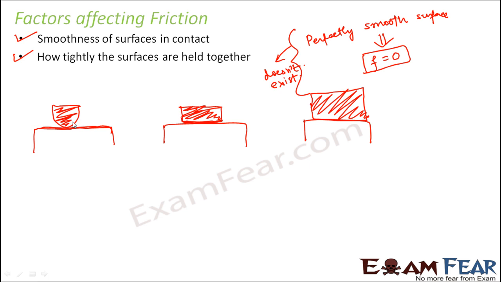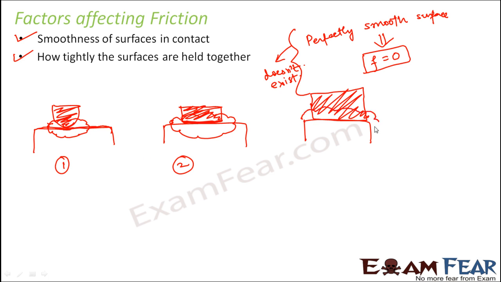Now in all these three cases, just try to look at the surface of contact. Where are they in touch with each other? Here, if you see, the two surfaces are in contact with each other, but they are not held very tightly. They are just touching each other at a point. But since they are in contact, friction will come into the picture. If you consider this case, compared to the first scenario, in the second scenario the surfaces are more tightly held to each other because they are more in contact with each other.